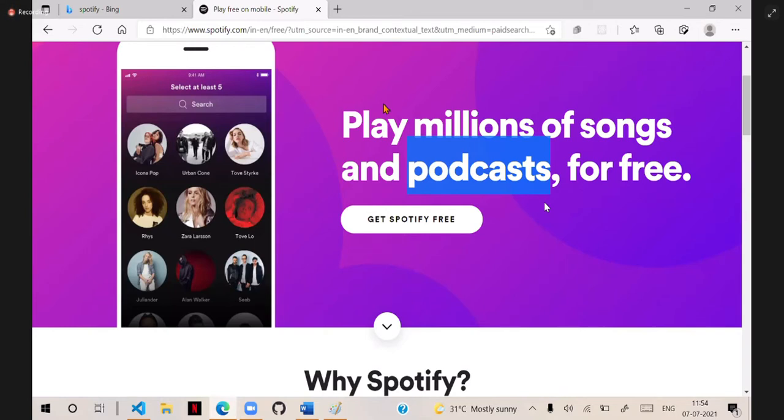For example, when you are listening to a song on your mobile and you are connected to Bluetooth, the song will be podcasted to the Bluetooth device so that you can hear it from there. I hope you know that. This is podcasting.